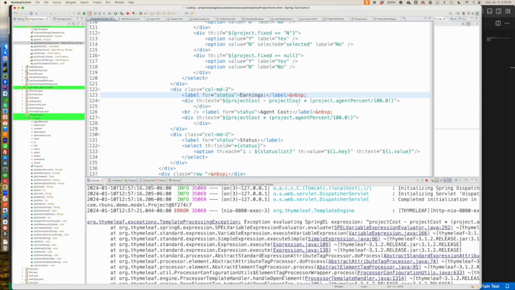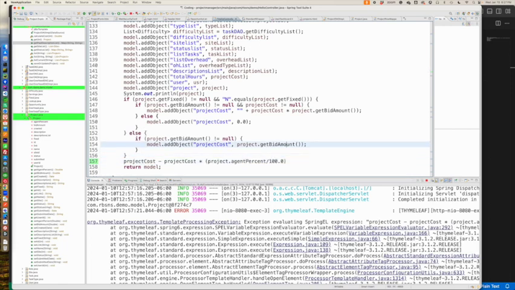your types correct. So instead of trying to do it all on the fly, we're going to pull this stuff out and pull this into our back end, so it's just sent as values into our form. Here we have project cost already there, but we're going to take this thing, and that's basically going to become our earnings. And if we go back here, we're going to have an earnings and an agent cost. So if we go back to our controller,